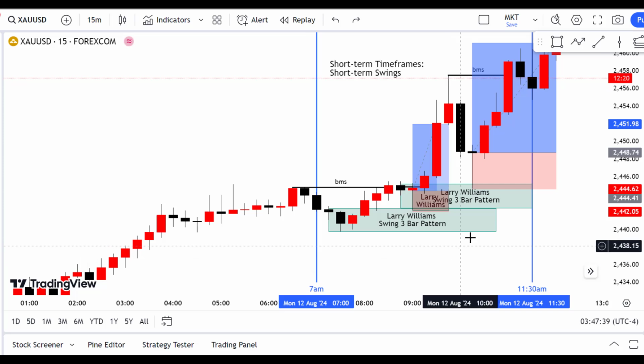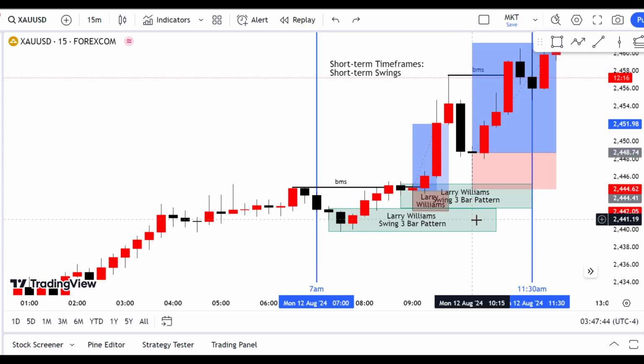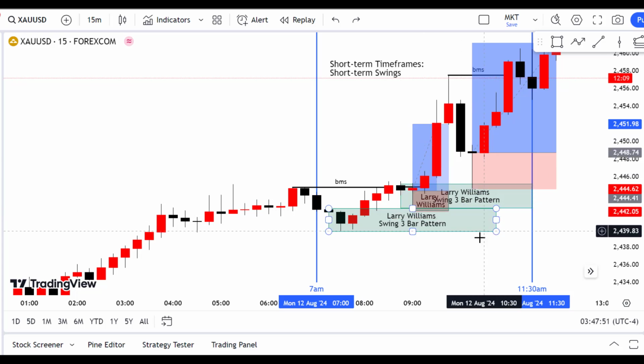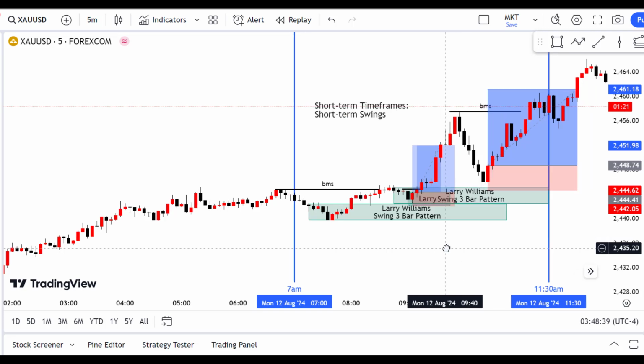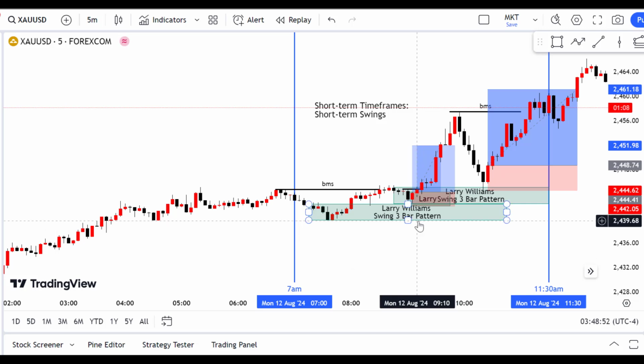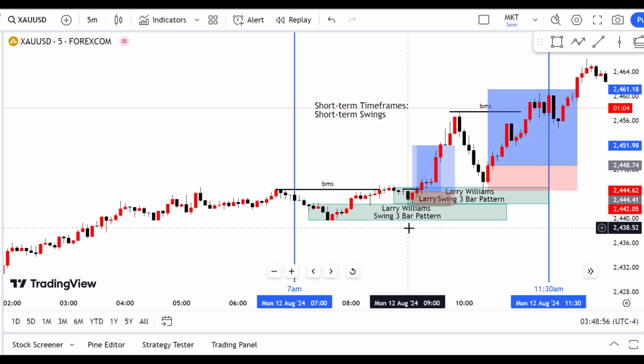So the same thing also applies to this. Remember, this is our short-term swing and price pulled into our short-term Williams theory bar pattern. What do we do? We need to go to our 5-minute time frame. What do you see in this chart? Remember, this is our Williams theory bar pattern, which I talked about in our strategy plan. When price hits this Williams theory bar,